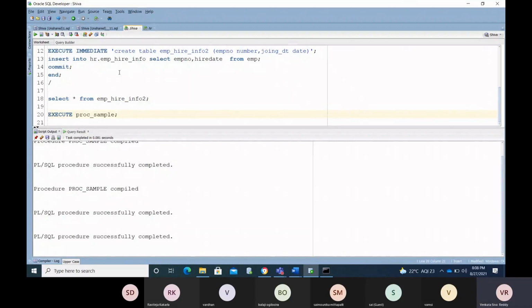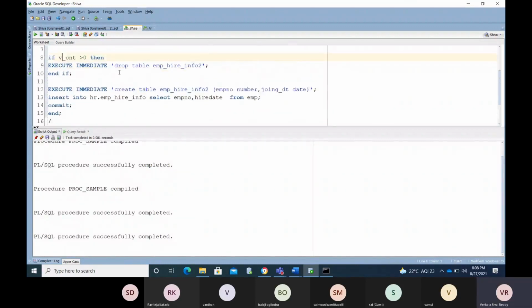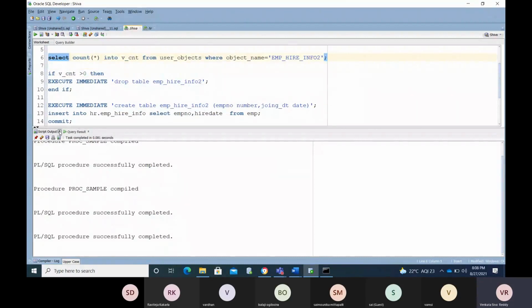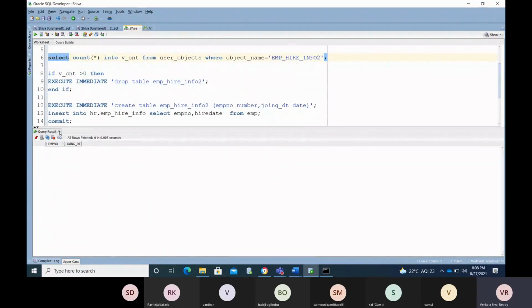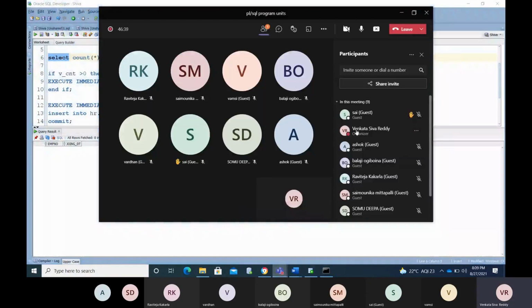Okay. So procedures help you move data from one table to different tables, or from one schema to another schema. If you have a file, the client will send the data in the form of flat files. We will load the data into the tables, that is, the landing tables. After loading the data into the landing tables, we can perform some transformations.